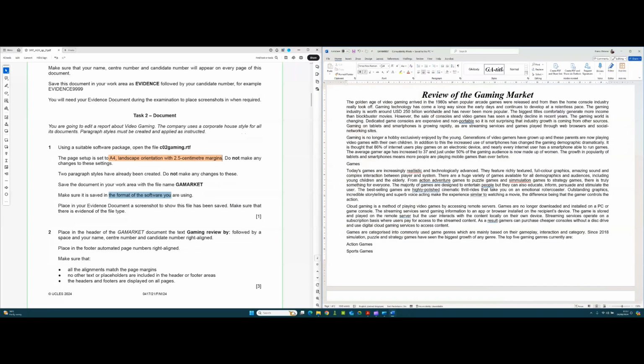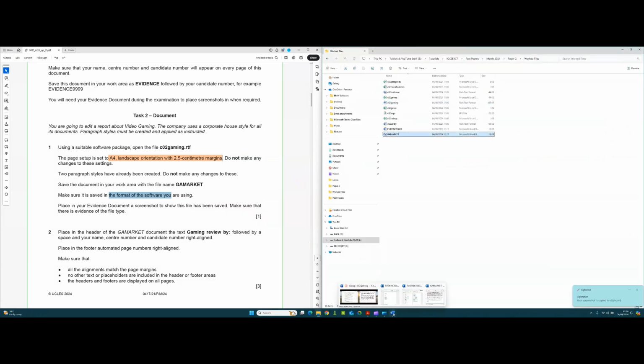Okay. Place in your evidence document screenshots to show that this file has been saved, and make sure that there is evidence of the file type. So I'm going to go to my folder, which is my work file, this one. Make sure that there's evidence of file type. So before I even do that, let's just increase the evidence of file type here. Make sure that the file type column is fully visible. And let's retake this screenshot